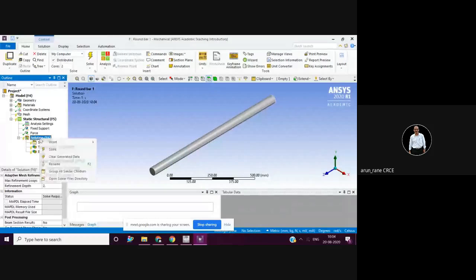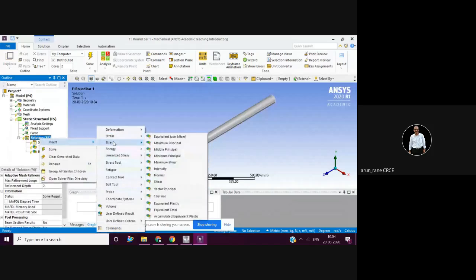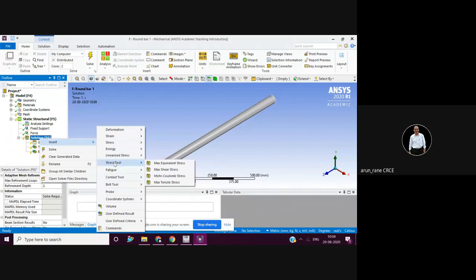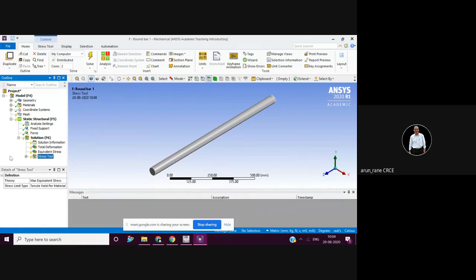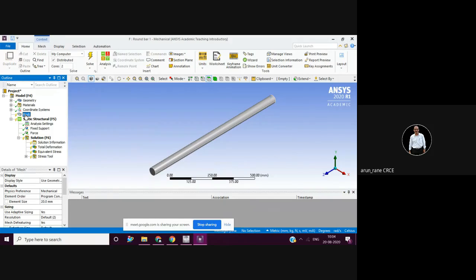Then again right click here, insert, then go for stress tool, and in stress tool you go for maximum equivalent stress. Now once you have defined, check mesh, yes 20 mm. Now go for solve. Once you have defined all, go for solve.